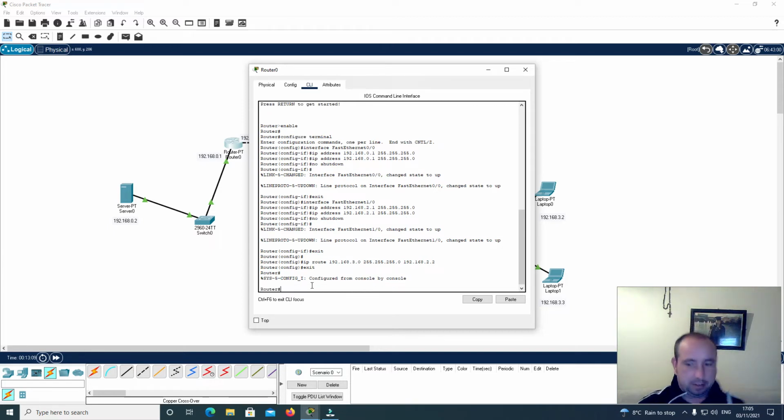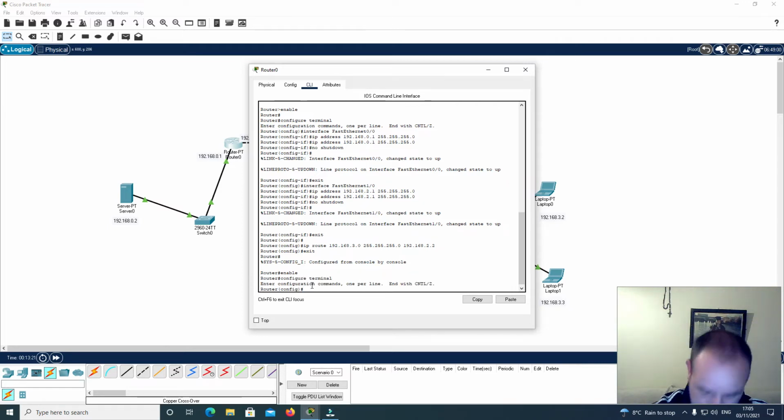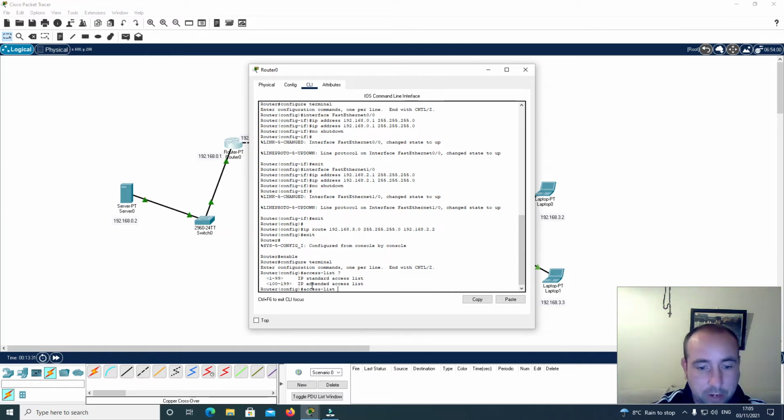So I just have to get my notes. So I type enable and I type configure terminal. And I type access-list ? And I'll go access-list 50